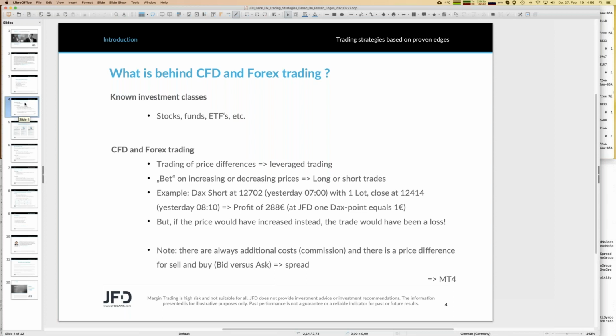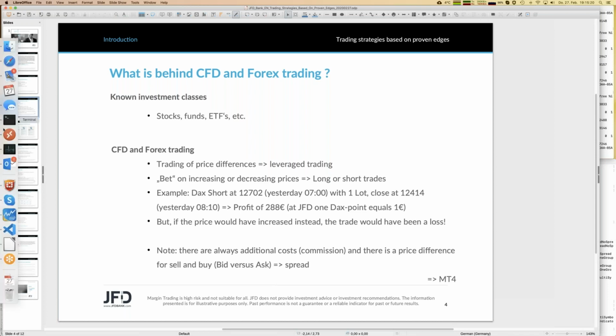You have the bid price and the ask price. You always buy on the ask price and you sell on the bid price. I know it's always a little bit complicated, but what I use is just, I always know the ask is higher than the bid, and then you can explain by yourself all the rest. But that was a little bit complicated, maybe.